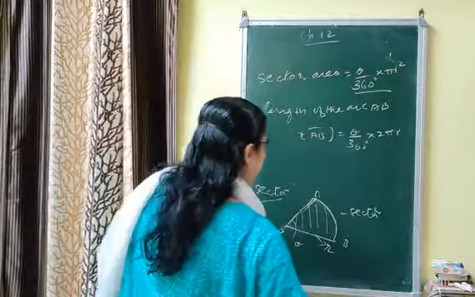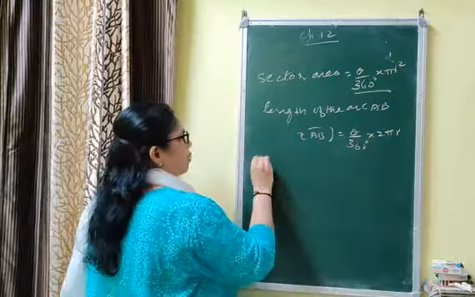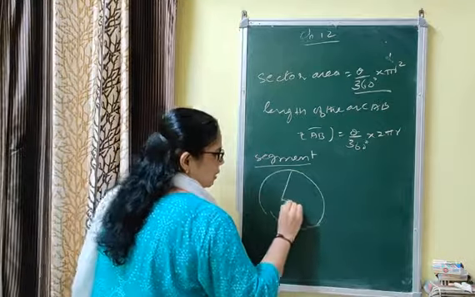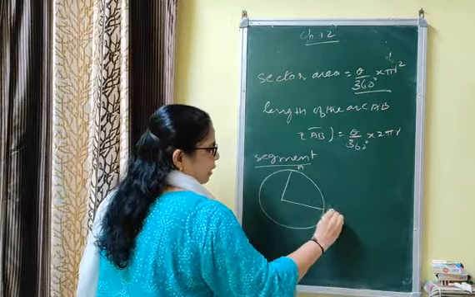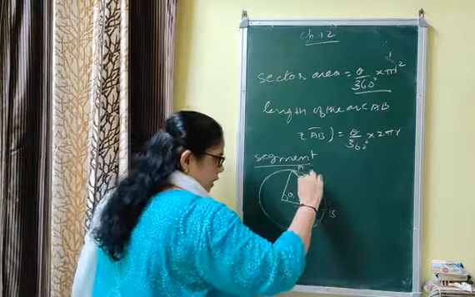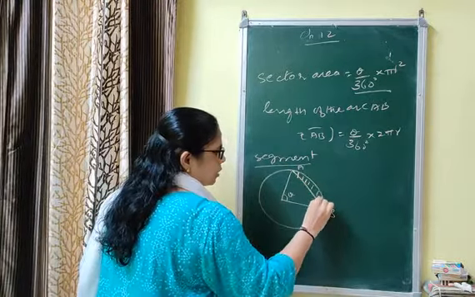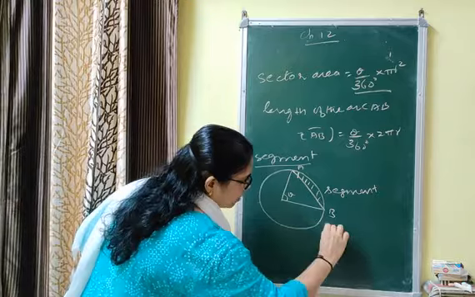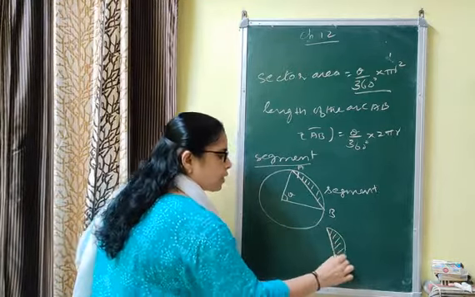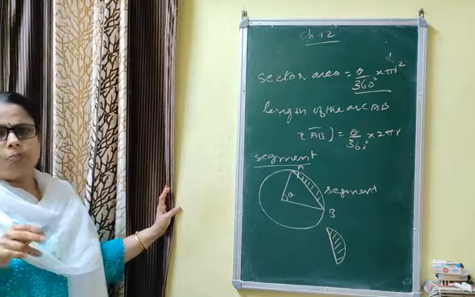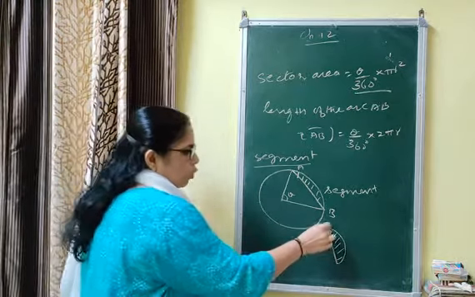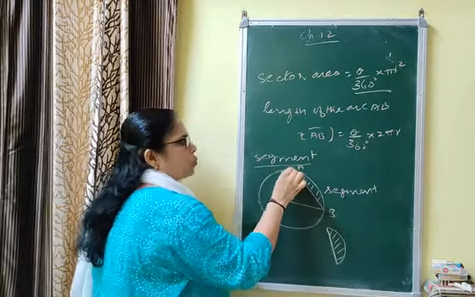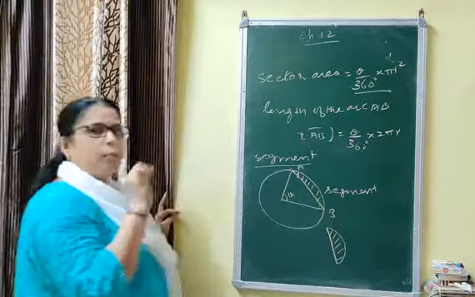Now what do you mean by segment? This is a little bit difficult. Segment of a circle. Circle का part है. I am drawing a circle and I am taking the arc as AB and this angle as theta. Now this region is called a segment. If I draw it separately, the segment will be like that. A semicircle is also a segment. A segment is the region bounded by an arc of a circle and the chord. This is the chord joining the endpoints of the arc. एक आर्क भी होना चाहिए, आर्क का एंड पॉइंट्स को ज्वाइन करने वाले जो कॉर्ड बनता है उस रीजन से जो एरिया बनता है दैट इज सेगमेंट.